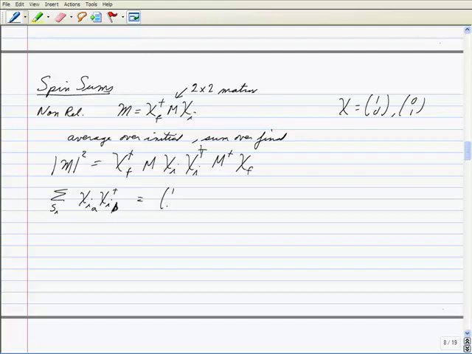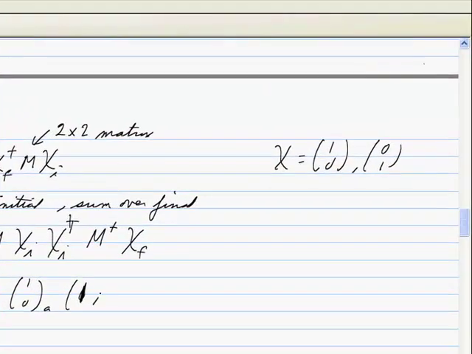That's 1, 0, whatever A is, 1, 0, whatever B is, plus 0, 1, A, 0, 1, B. And so you see that if A and B are the upper index, that gives 1. If they're the lower index, it gives 1. If one's the upper index and one's the lower, you get 0 in either case. So this is delta AB,